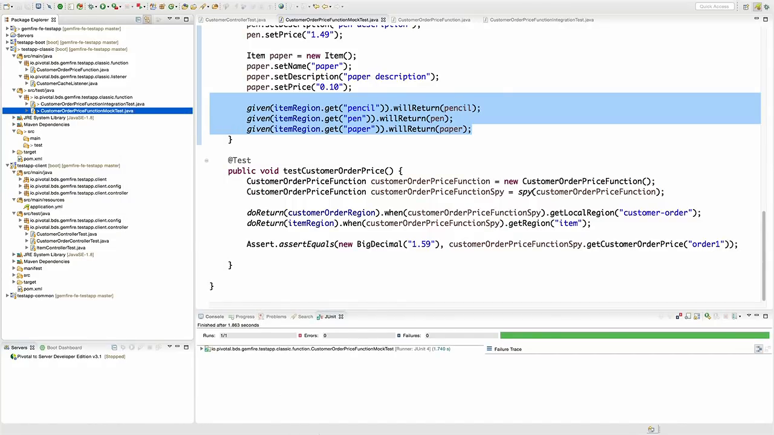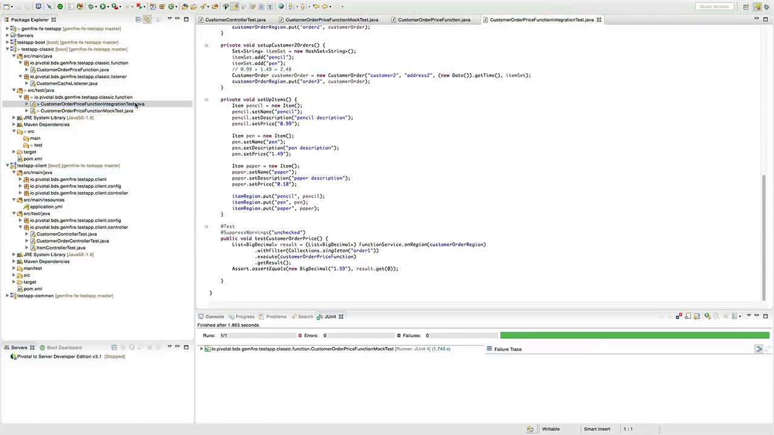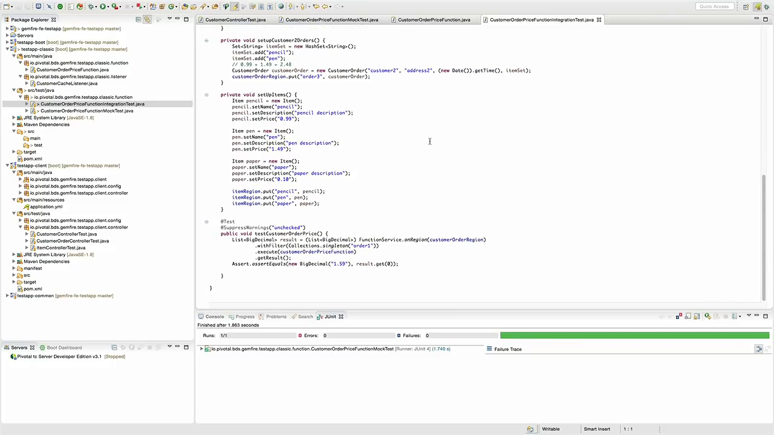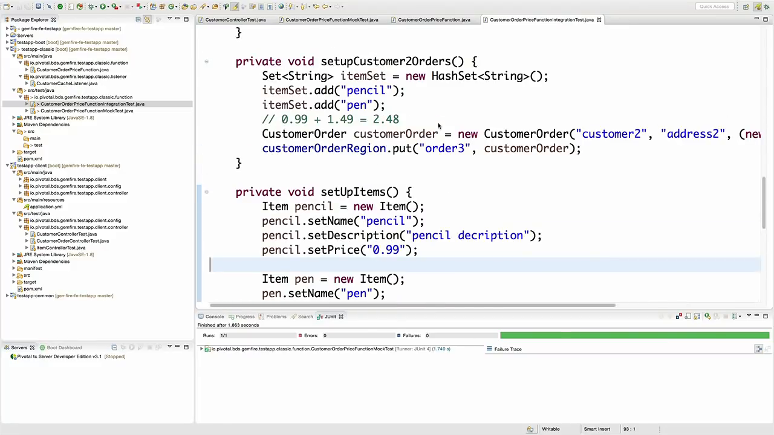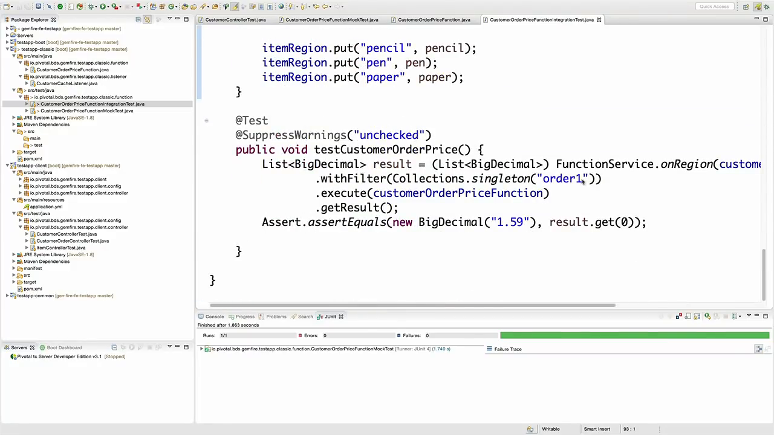There you go. So it's nice and green. So that worked with Mockito. Now I do have embedded Geode functionality, so let's use that and see how we can test using that and write an integration test for that. So very similar to how my mock test was. I'm going to execute the function, and I want to assert that